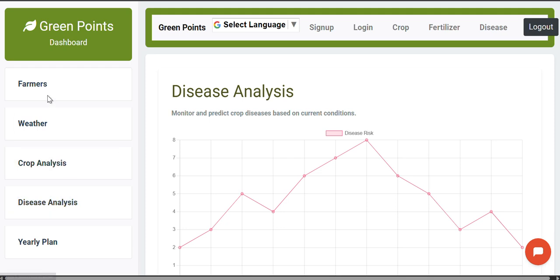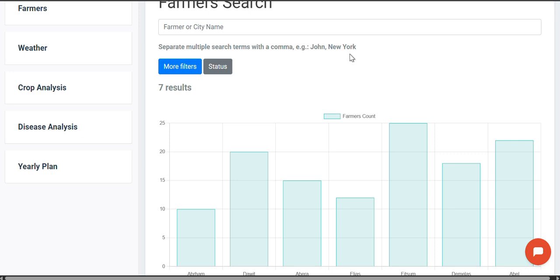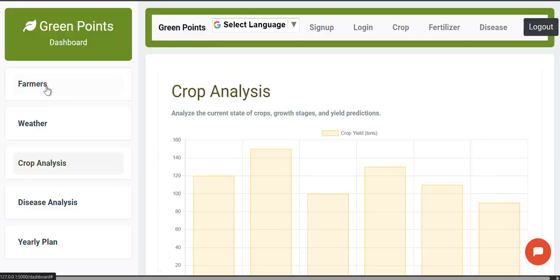The farmer can search by terms like region and so on. He can see the weather analysis, graph, crop analysis, etc. This is the dashboard crafted for him, which will take him to the next level of the crop analysis section. So let's move to the crop prediction, where he can predict, and that is the main core feature of the application.